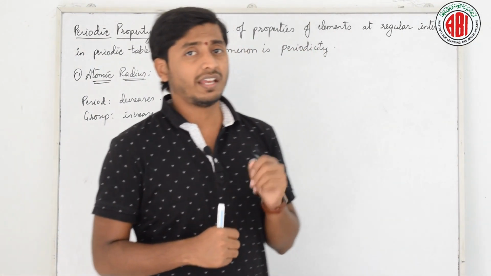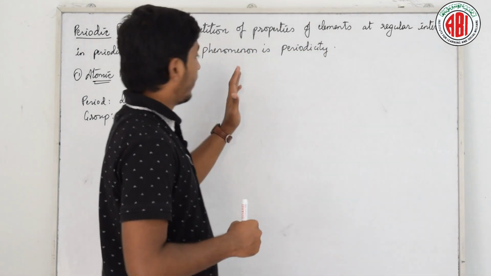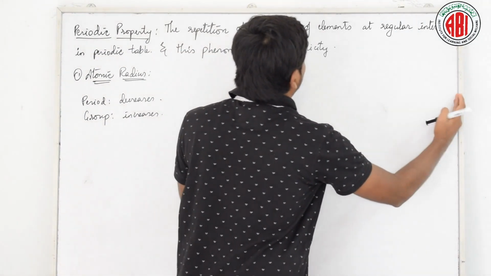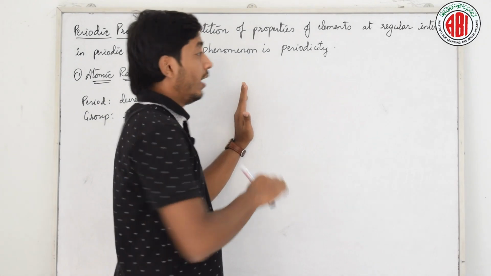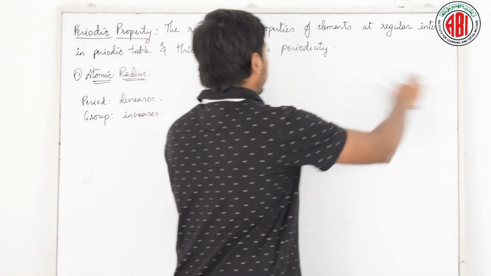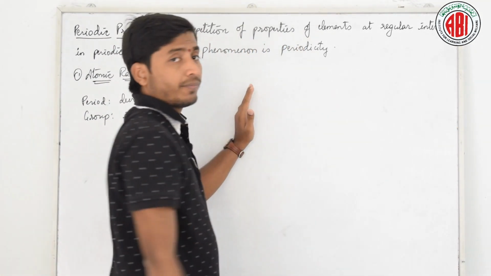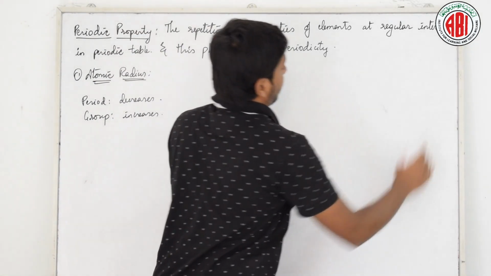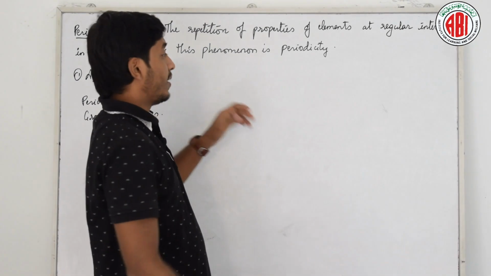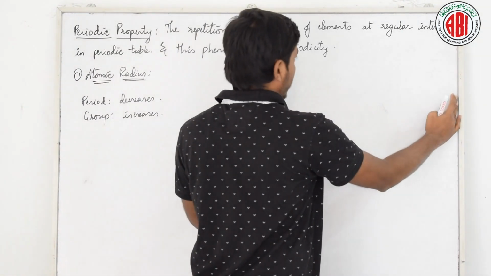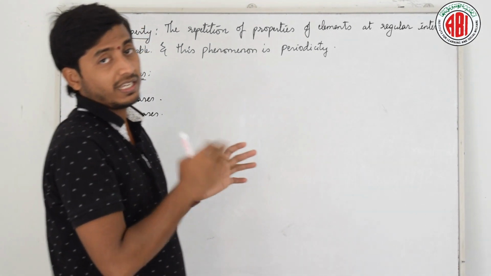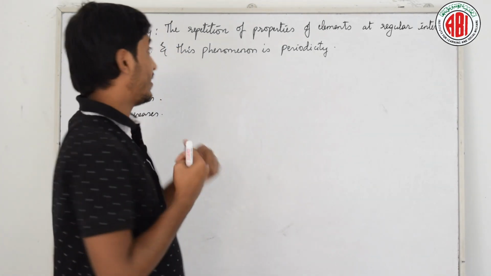I already told that if it is the metallic property, and this is the whole table, then the metallic property decreases from left to right in a period. In the first period, it reduces from left to right. Again, after coming to the second period, it again reduces from left to right. Which means after a particular period, this periodic property is repeating again.